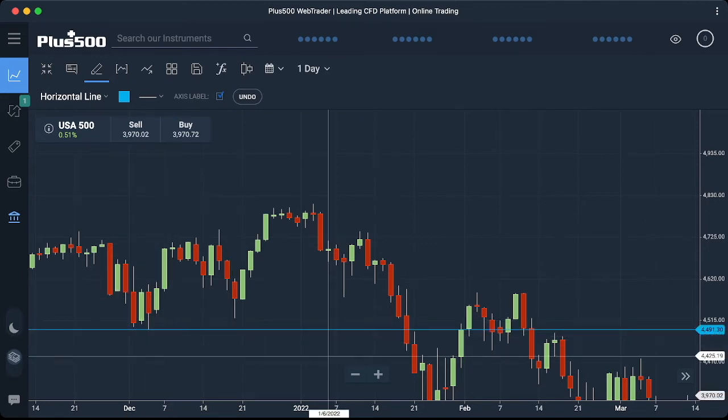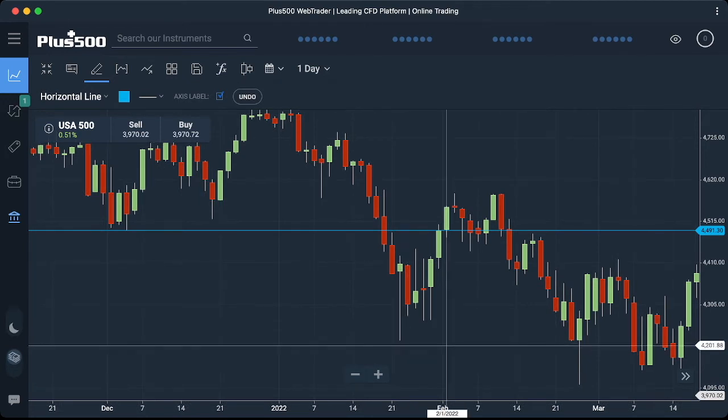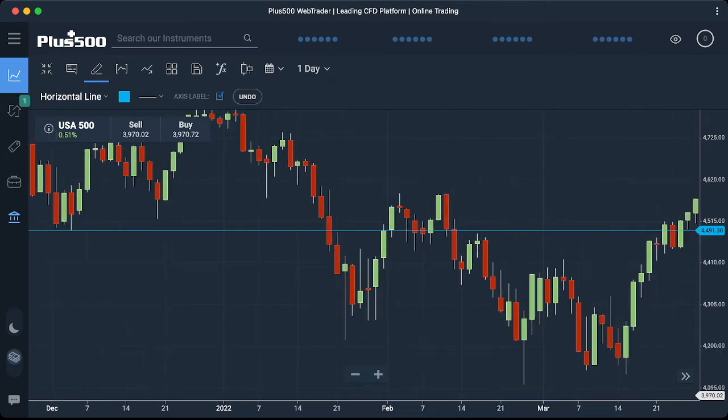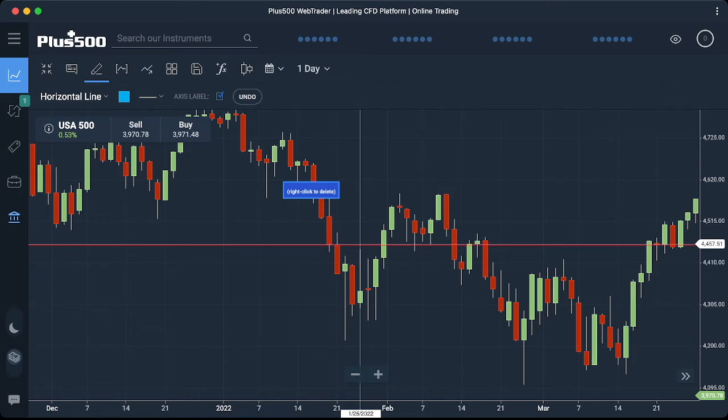And you can see once it was taken, then price here started to push back up inside this fair value gap. So again,